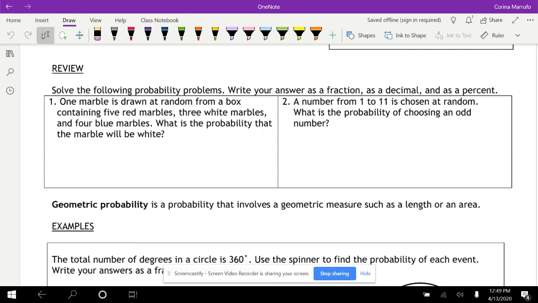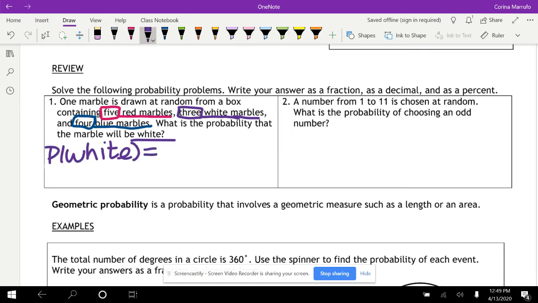So here we have one marble is drawn at random from a box containing 5 red marbles, and then we have 3 white marbles, and we have 4 blue marbles. What is the probability that the marble will be white? So we're looking for the probability that we get a white marble. So we write it as the probability of pulling a white marble